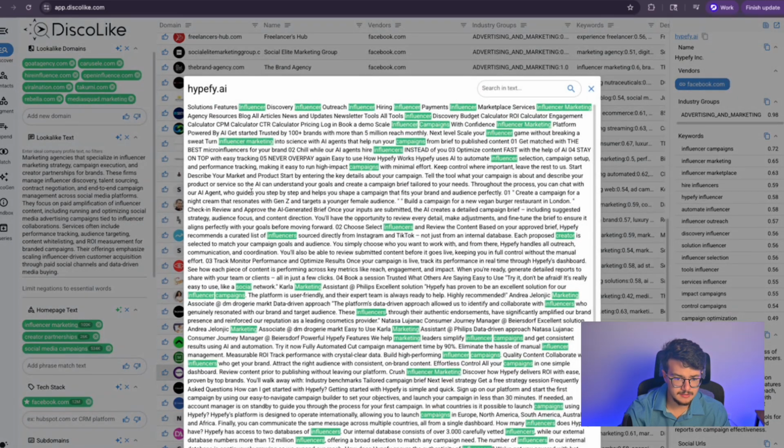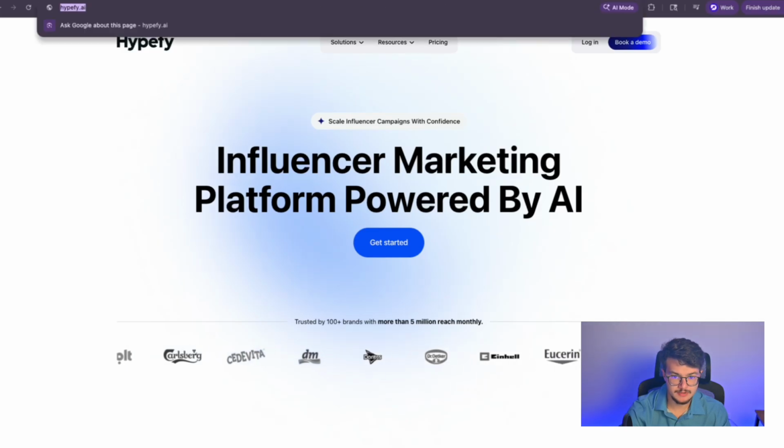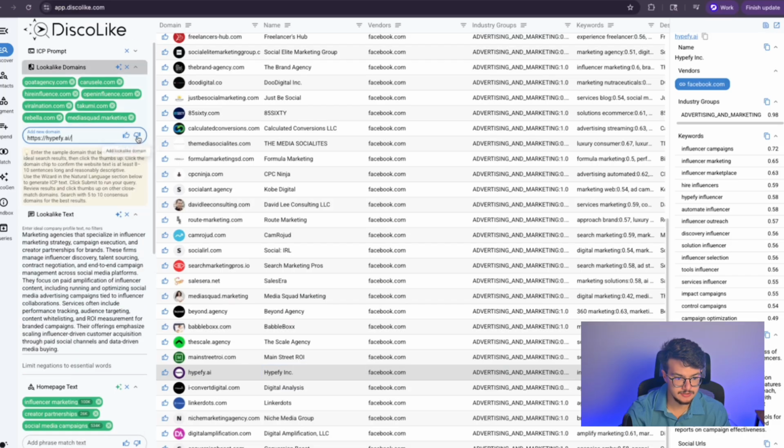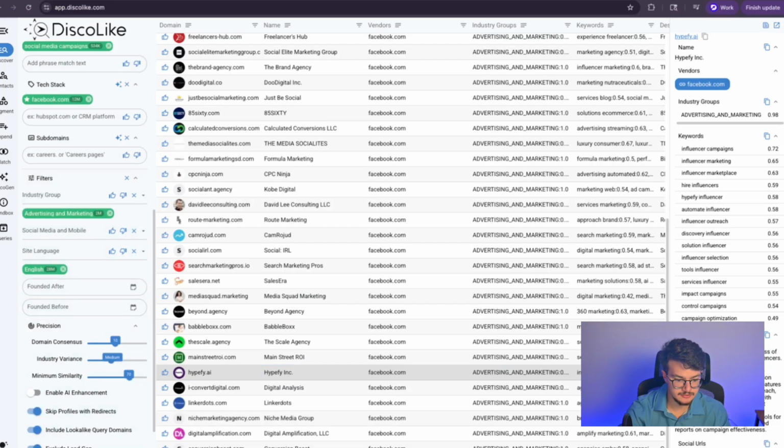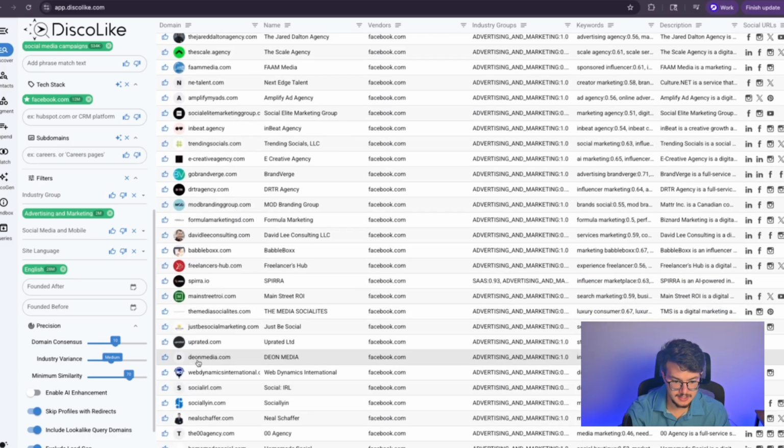So if there's something in here that gives us a sign that isn't exactly what we want, you could go ahead and exclude it. Just to give you an example, what we're actually going to do instead is, the same way you could do lookalikes, you can also exclude. Say, hey, this is not exactly what I'm looking for because it's more like a SaaS, and it will start to get rid of some of those as well.